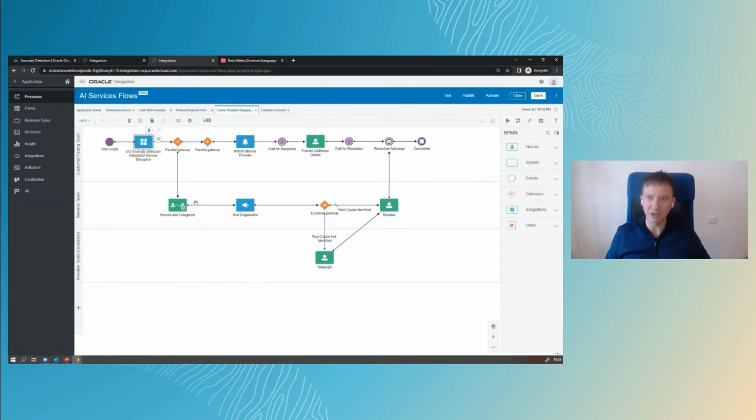So we can go in an example of the logic. As you can see here, we have some service interruption that is detected by the anomaly detection in advance, that we right now immediately escalate this to the resolution team. You have resolution team level 1 and escalations resolution team level 2, which will now categorize records what exactly is happening and run some diagnostics tool. So human intervention, system component,